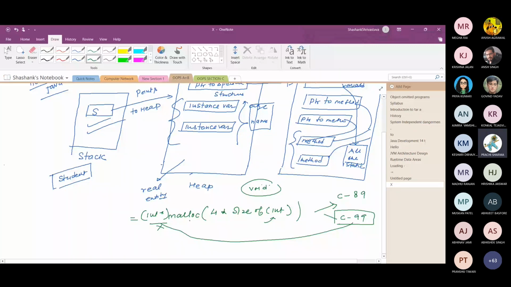Okay, malloc will return a memory location. It will return a pointer. Pointer means it basically creates a memory in heap. So basically 4 into size of integer means 16 bytes of memories are created in heap, and that is referred by a variable at the left hand side. So that variable basically refers to the memory which is created with the help of malloc. So similarly here, malloc is created at runtime. Similarly, object is also created at runtime. So when you create the object, memory is created in the heap.